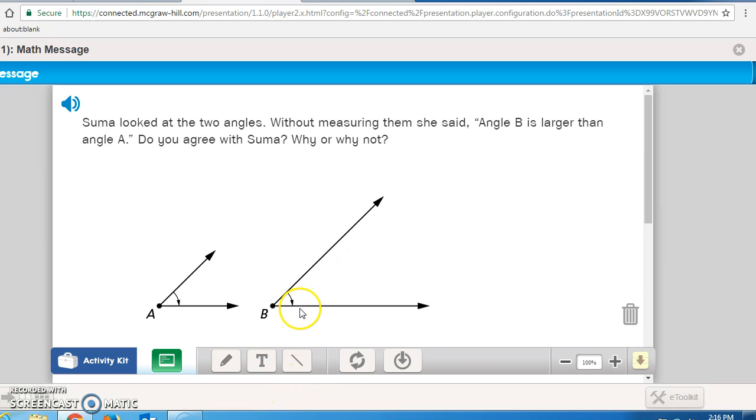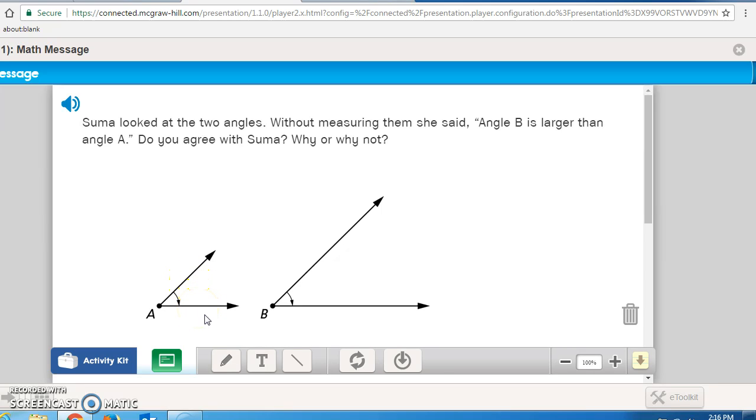It's the same in both angles. The size of the angle, this area right here that I'm showing you with my arrow in the inside, the size of the angle within the inside,